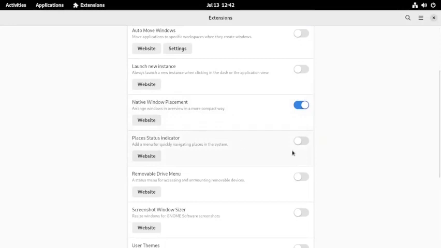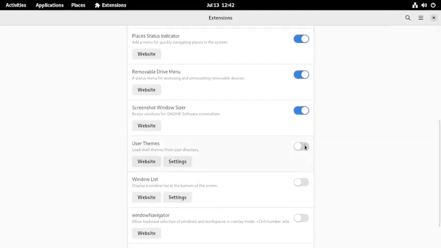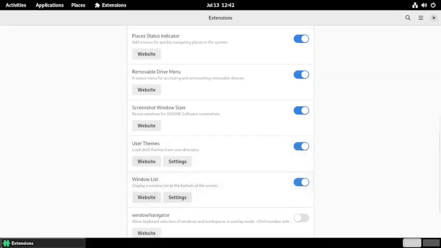Then Places Status Indicator, yes. Screenshot Window Sizer, yes. Removable Drive Menu, yes, that is useful. User Themes, yes. By default the user themes are disabled, so we can enable it from here. The Windows List will be there, so it doesn't look good when another panel comes at the bottom. So I will turn this down because this Windows List is something from GNOME Classic. Then the desktop looks like GNOME Classic, so better I will turn this off,